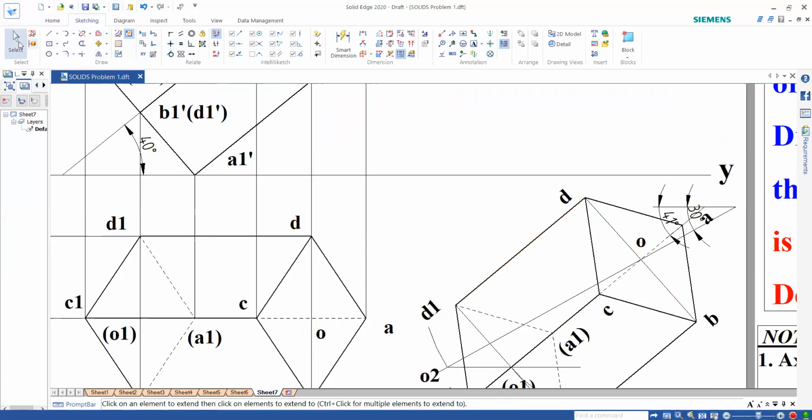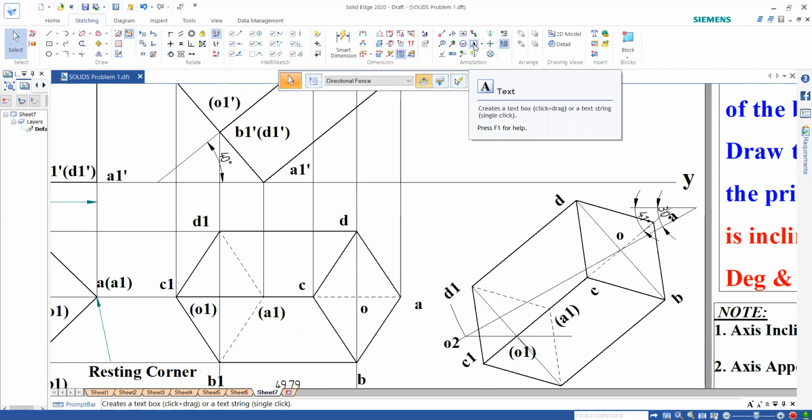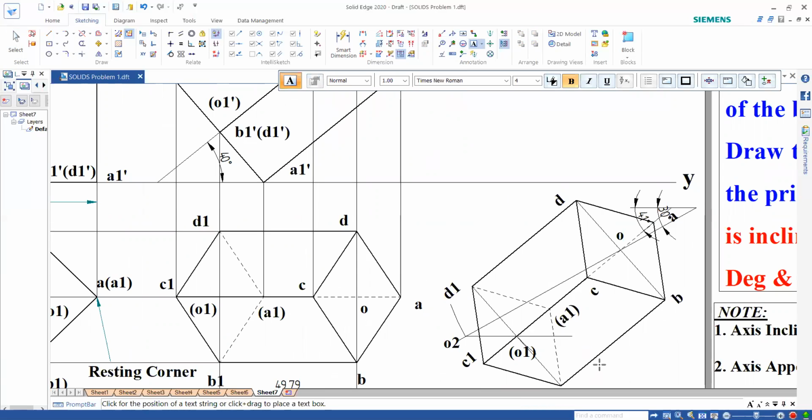Okay, right. So now we have completed this second position. Here I got beta angle as 41 degrees, which we can mention here. Beta angle 41 degrees. Okay.